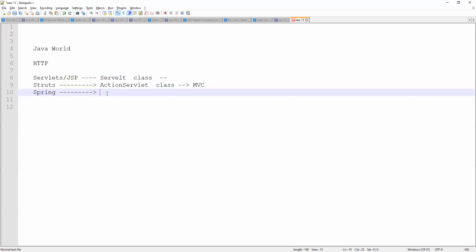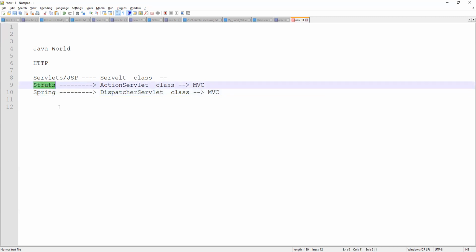Here, what is the action class? Here the class is the DispatcherServlet. This also follows the MVC architecture. And why Spring? If you want to connect to databases, you need to integrate Hibernate, iBATIS or any ORM framework.